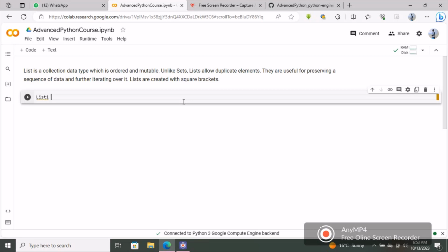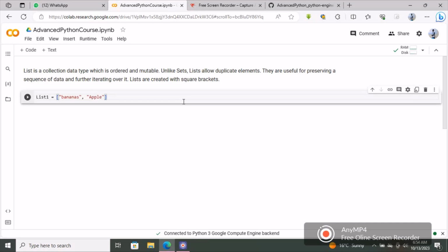So what is a list? A list is a collection data type which is ordered and mutable. Unlike sets, lists allow duplicate elements. So they are useful for preserving the sequence of data and further iterating over it, meaning you can loop over a